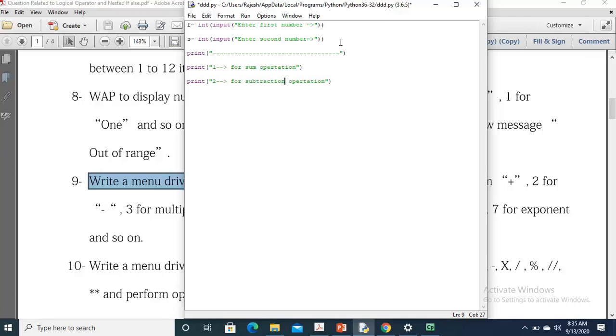Similarly, 3 for multiplication, 4 for division.